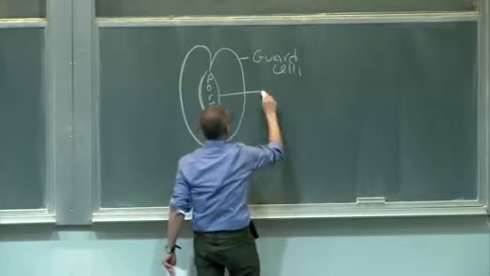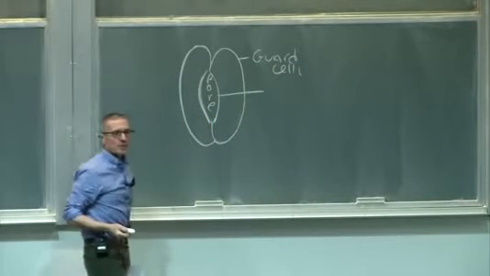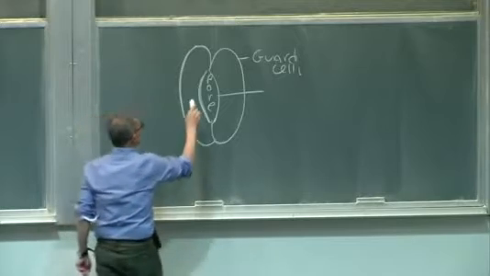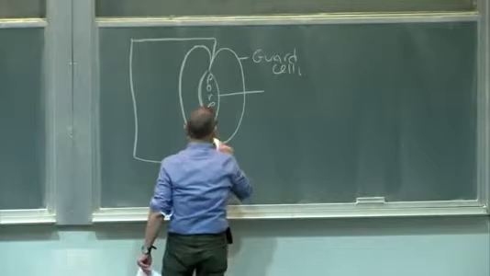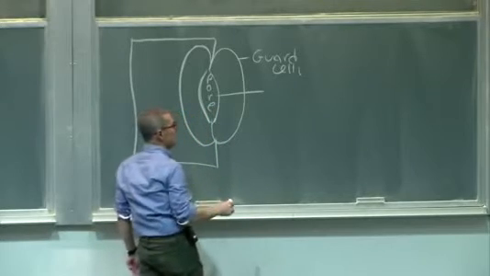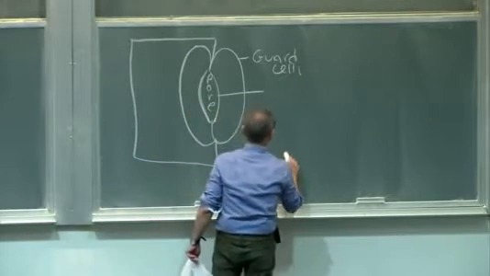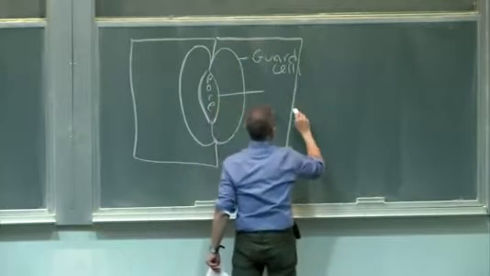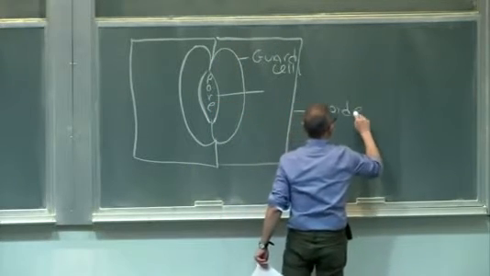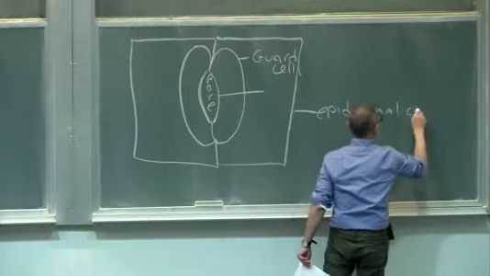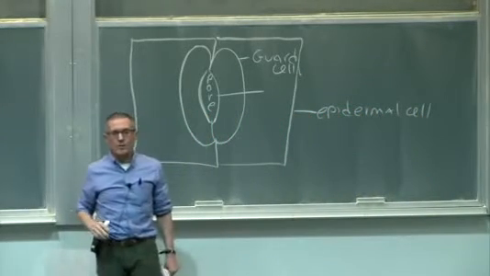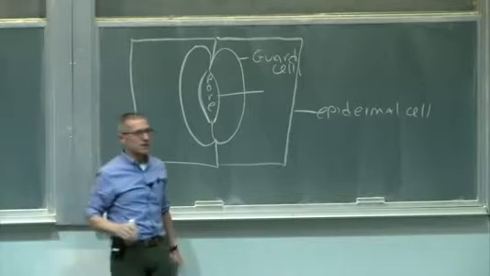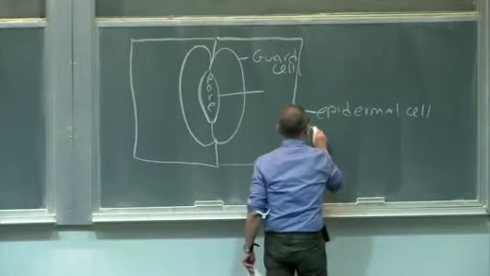plus the pore, and that these are part of the epidermis. And so what I want to add on for you is the surrounding epidermal cells in the leaf, if you pretend like this board is the leaf surface. So here we have now an epidermal cell. And for this discussion, I want to take you back to a point we made at the end of the lecture last time, which is that the movement